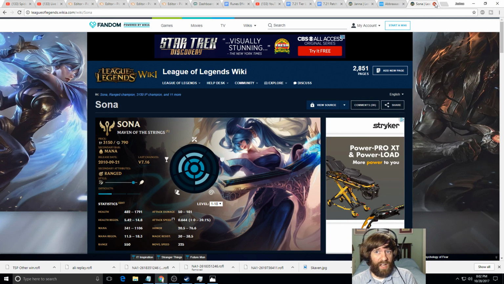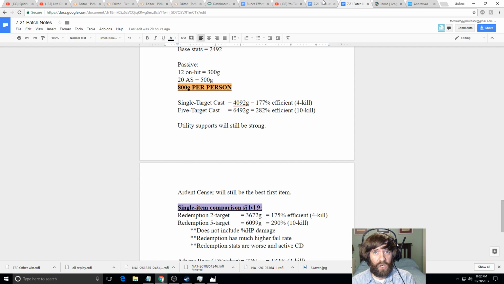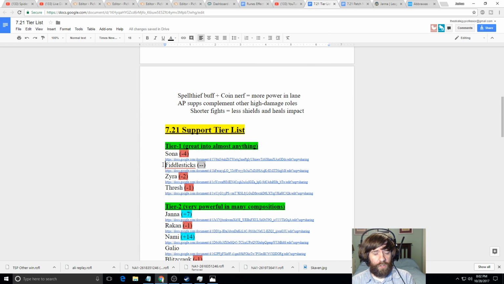But other than that, if they don't have an assassin that gets fed, it's just really hard to lose with Sona. Okay, Fiddle 6. Now, this is going to be...